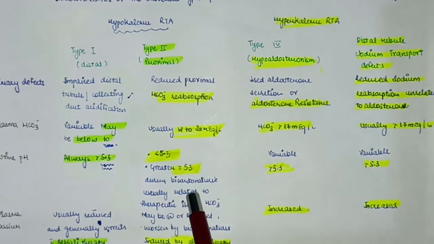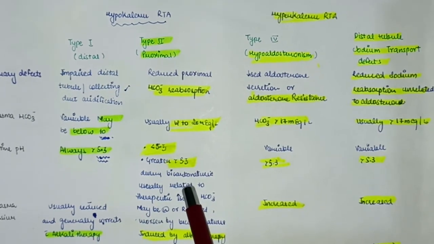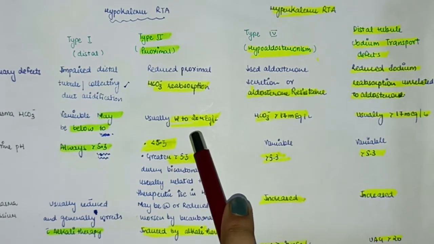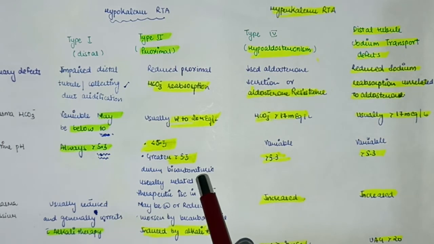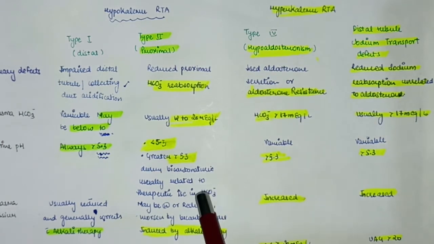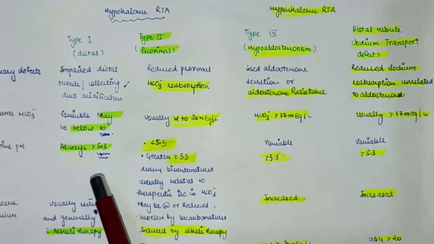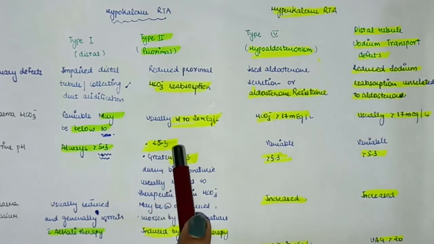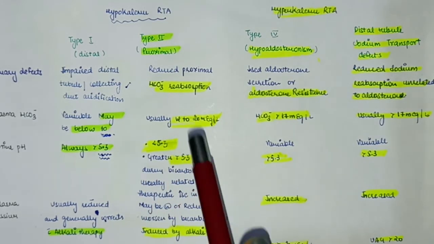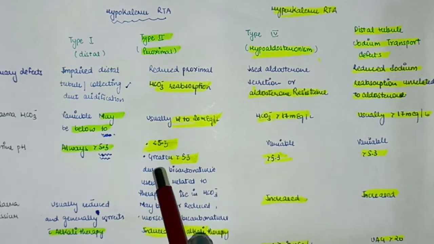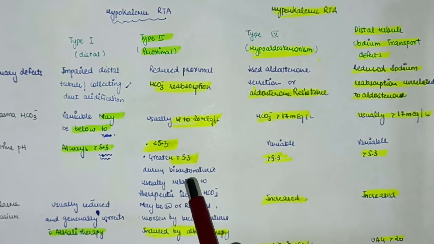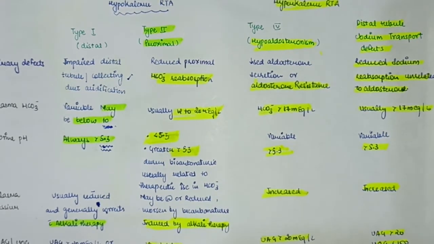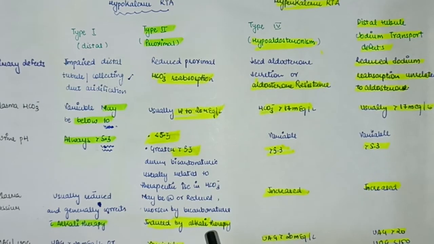So like we have already discussed, identification of the type of RTA is very important. In case of type 2, if we give alkaline therapy, we will worsen the metabolic acidosis and we will aggravate the hypokalemia that is associated with it. So normally urinary pH is less than 5.3, which was more than 5.3 in type 1 RTA. So in type 2 there is less than 5.3, but if we have given the alkaline therapy, it will be more than 5.3 because there will be more bicarbonaturia and worsening of hypokalemia. So it is induced by alkaline therapy.